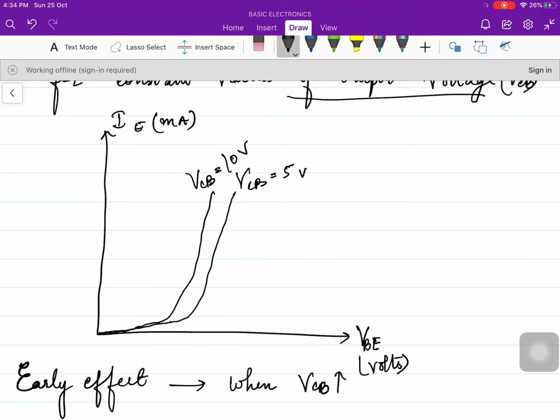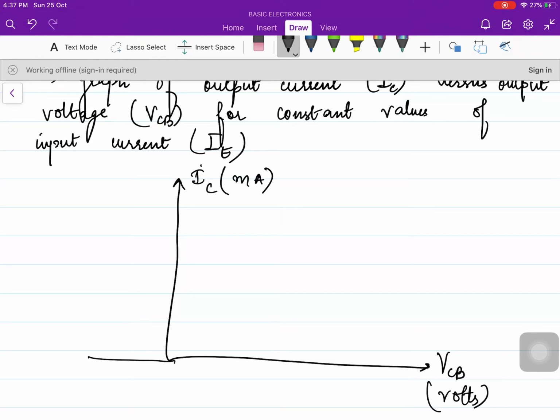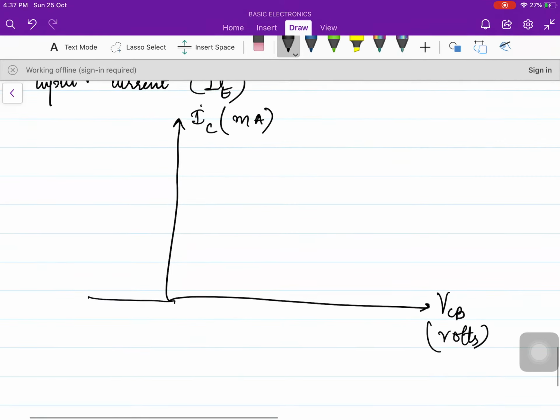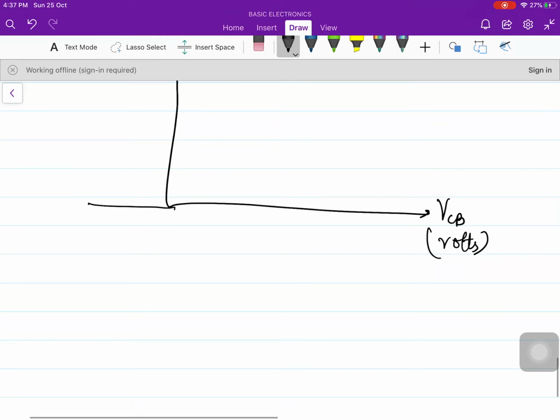It is IC because it is the output current, and the output voltage is VCB. Now write down the units: VCB is in volts, IC in milliampere. Now, how do we start discussing or understanding the output characteristic? When you are about to explain the output characteristic, first of all, always write the equation of output